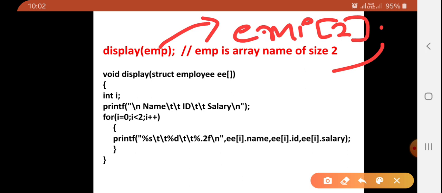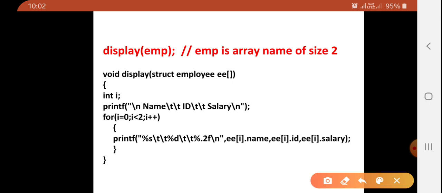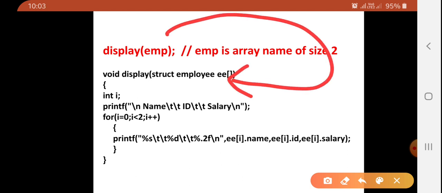Whenever we are going to pass an array of structures as an argument, we have to write here an array of structures. So one by one, all the values of emp[0] will be copied into e[0], and all of emp[1] will be copied into e[1]. We have already discussed copying and comparing of structures in an earlier video. So one by one, all the member variables of the array of structures will be copied into the array of structures.